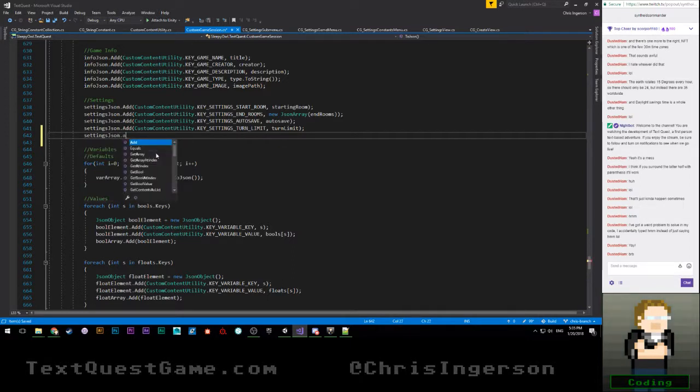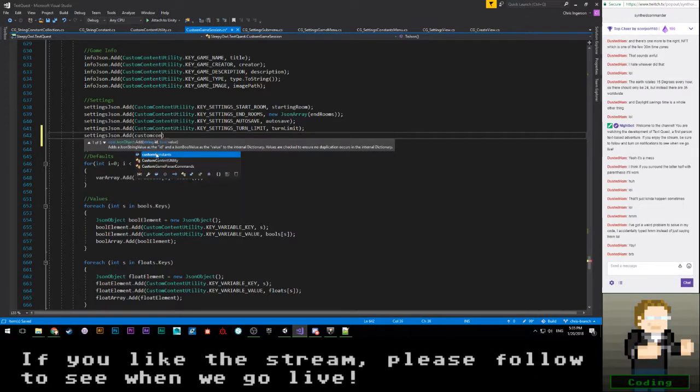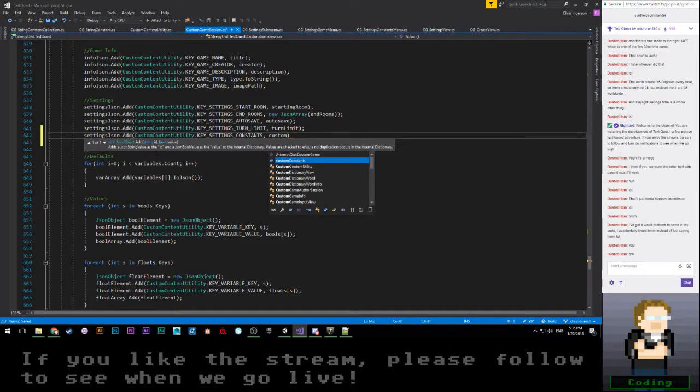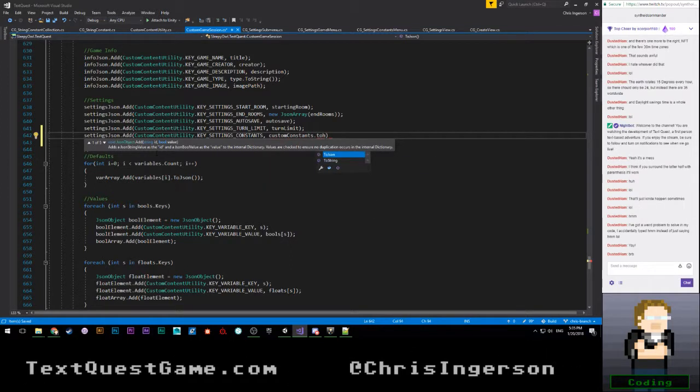settings JSON.add custom content, custom content utility dot key settings constants based off of custom constants dot to JSON.